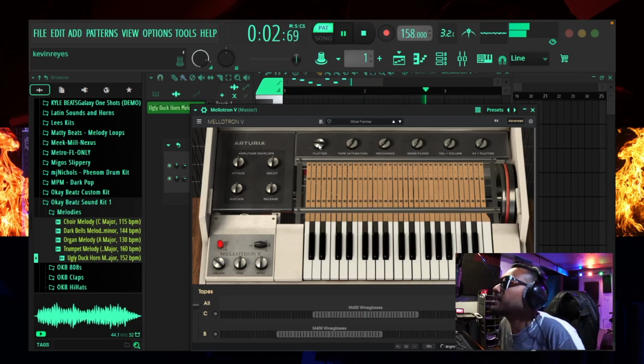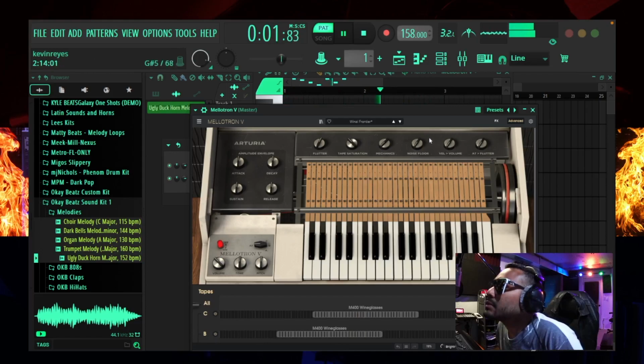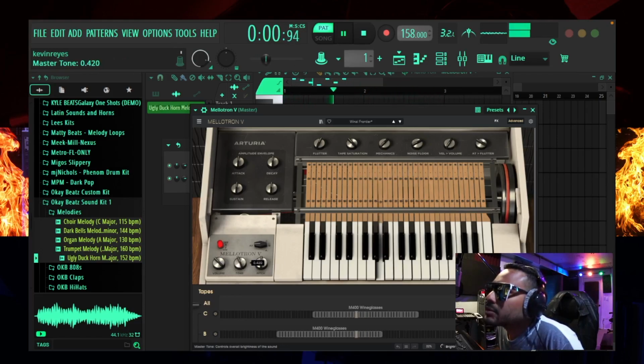Let me mess with the parameters over here on the plugin. Maybe some flutter, some saturation, noise floor. Bring that up some. Flutter, tone, make it a little darker,